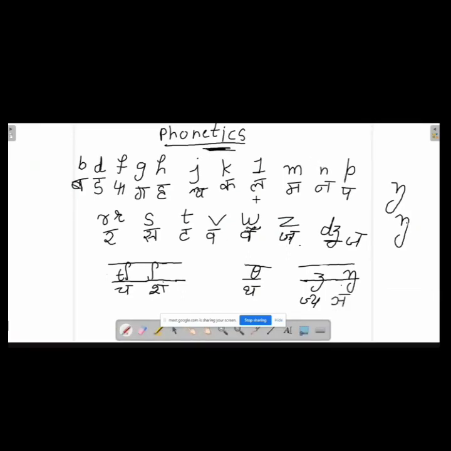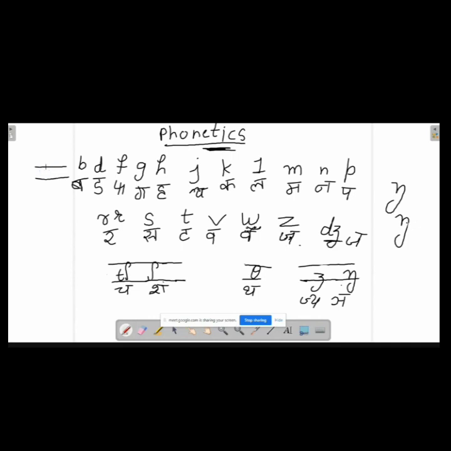So as you can see, I have already created these symbols for you, but let's understand how you are supposed to create them on your notebook. You always must have seen that there are two lines in the notebook. Some of the consonant sounds will touch the upper line and the lower line, and some will not. So let's understand how. I have created these two lines, the upper line and the lower line, which you find